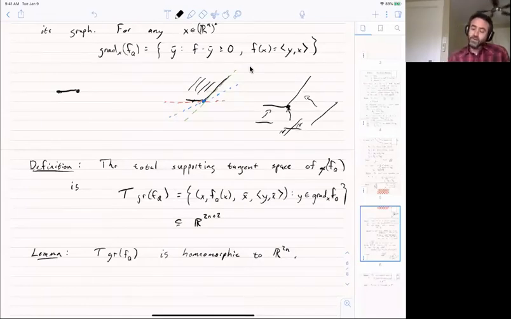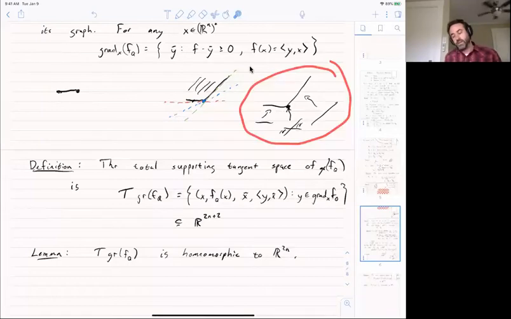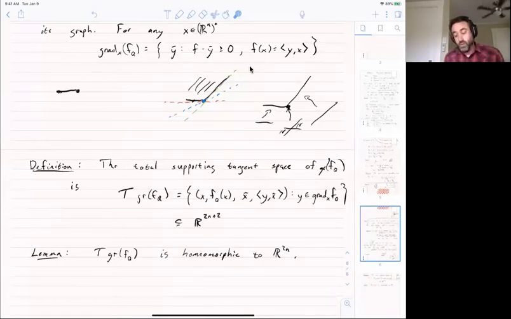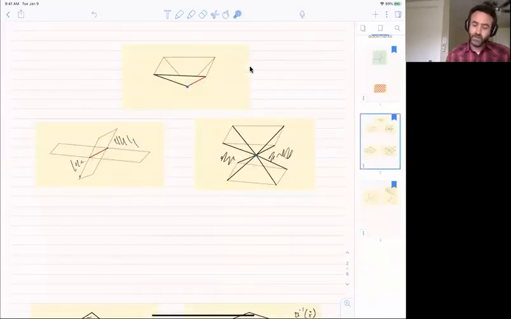And again, if you're looking at one dimension, like if we look at this picture here, it's not too hard to paste together these two-dimensional bits and see that this is indeed homeomorphic to R2. But then when you look at one of these manifolds, right? If my original polytope was a square or something of this sort, you'll get that this is the graph